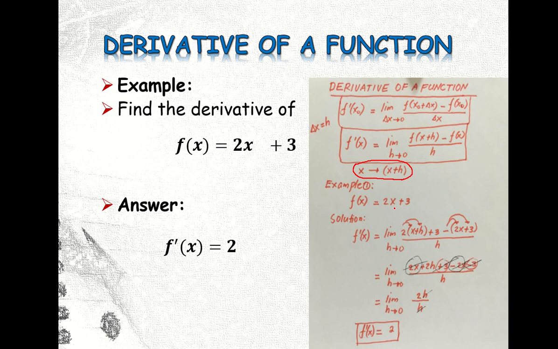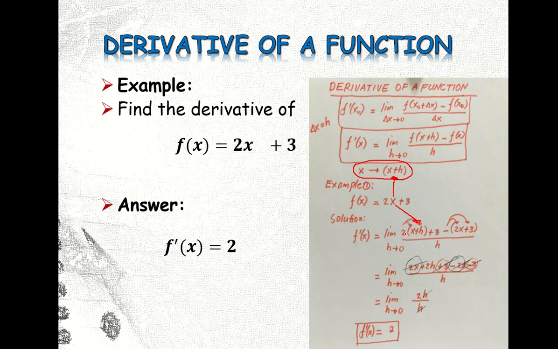So we have changed x to x plus h. That's why here we have f of x plus h, which is 2 times x plus h,